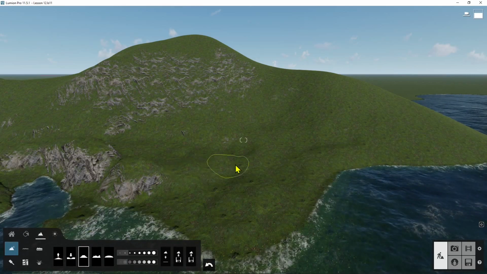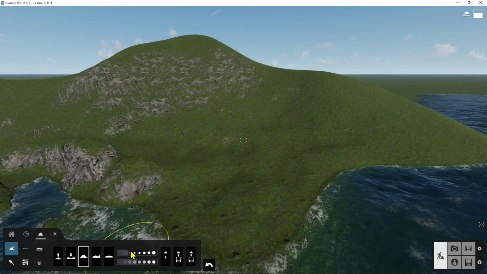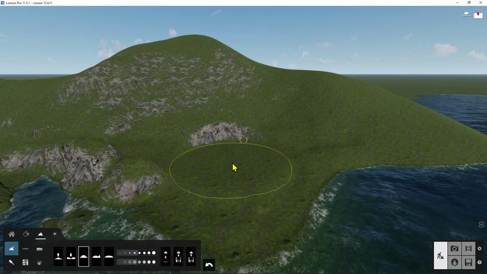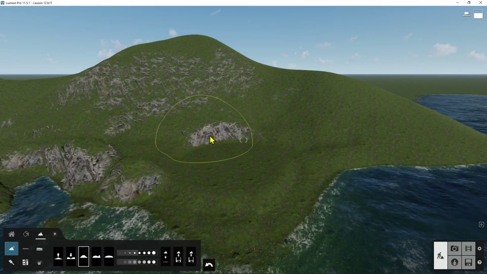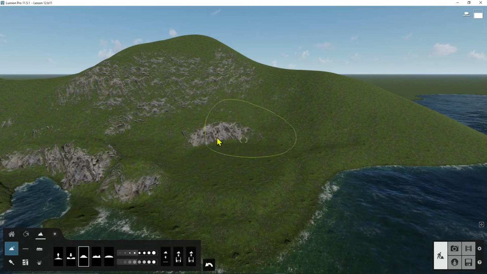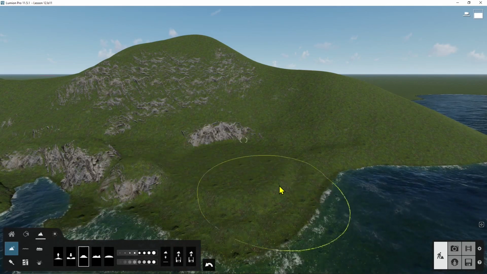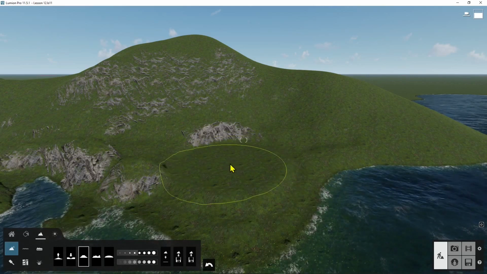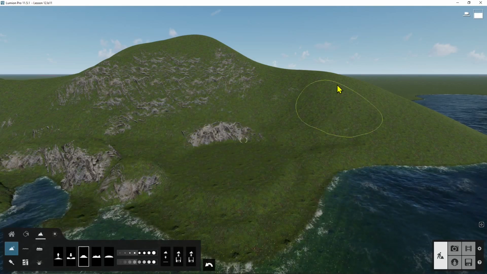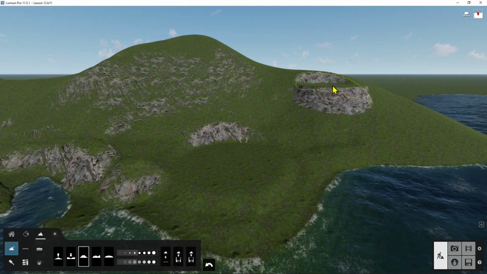Now flatten, it's also interesting. So if you want to flatten your terrain, or if you want a plane, you don't want hills, you don't want holes, you can use this one here. And if you hold, it's gonna create, well, this is definitely flat. So it took some of these polygons and it just dragged them down, and it created some sort of rocky cliff there. And also here you can see how it pushed these polygons up. So it's definitely bringing everything to the same level here, but changing the surroundings. Now this is when you do this in a particular point. It's gonna take that point, that polygon right there, it's gonna bring everything around to that